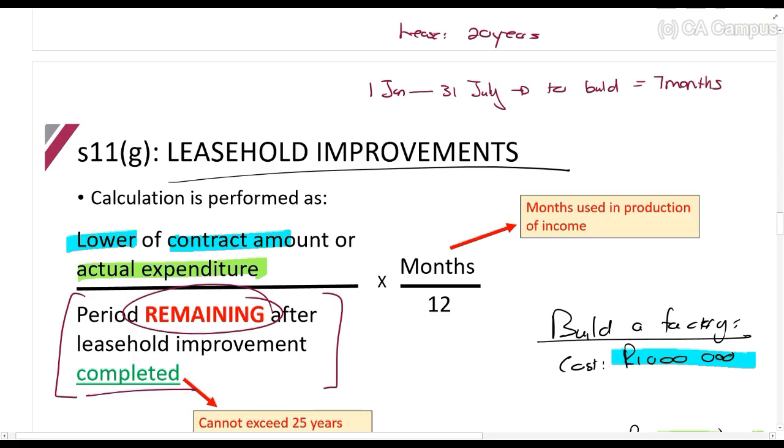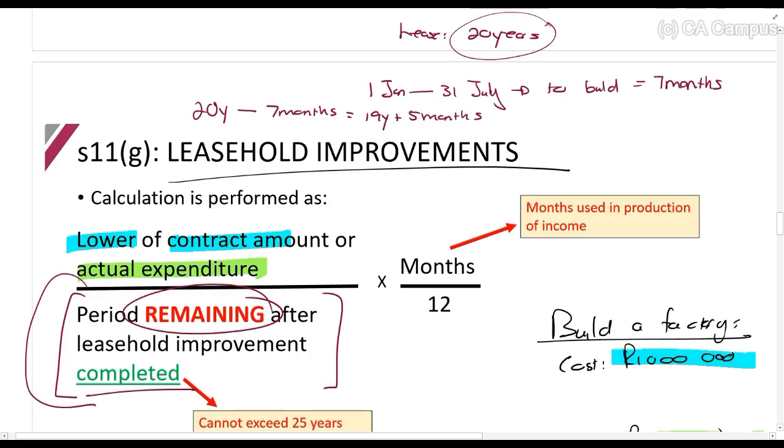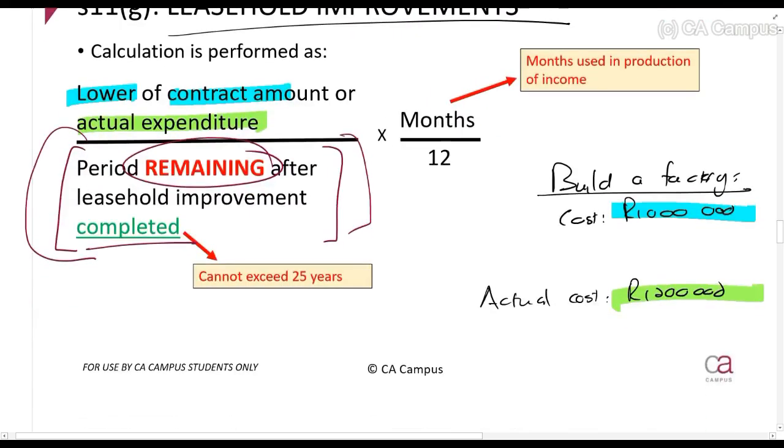What they then say is, that means your lease, how much is remaining of it? So 20 years minus 7 months equals 19 years and 5 months. So you must calculate this over 19 years and 5 months. So how will you do that, guys? You use the lower of the two, 1 million,